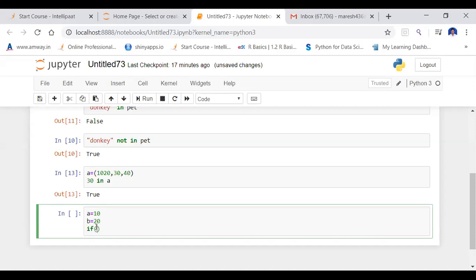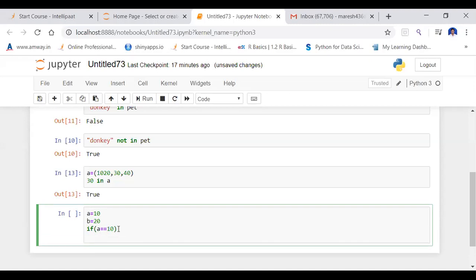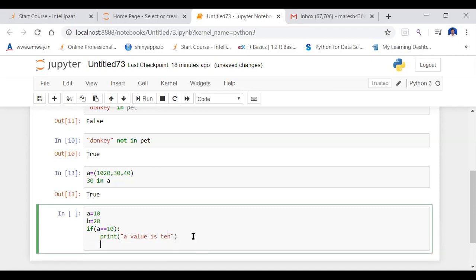If followed by condition, if A is equal to 10, I'm checking the condition. If A is equal to 10, then print A value is 10.